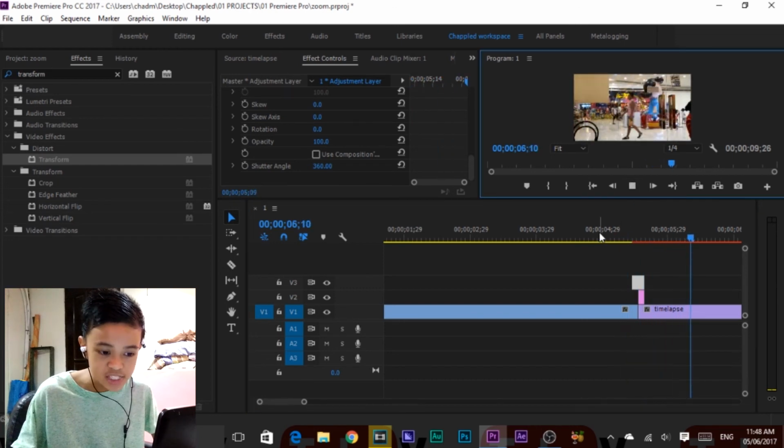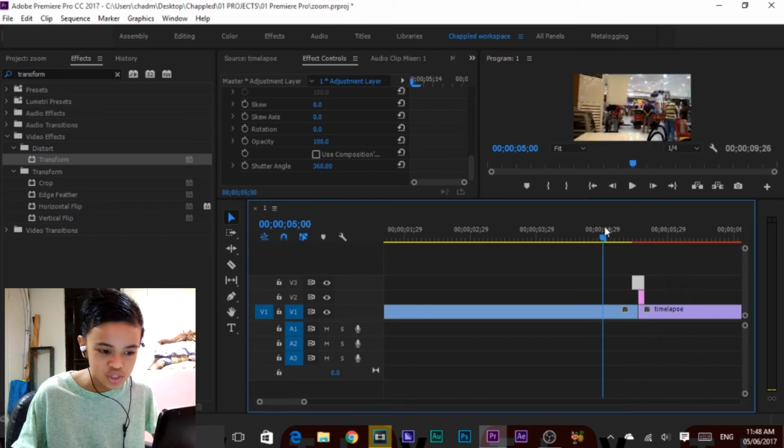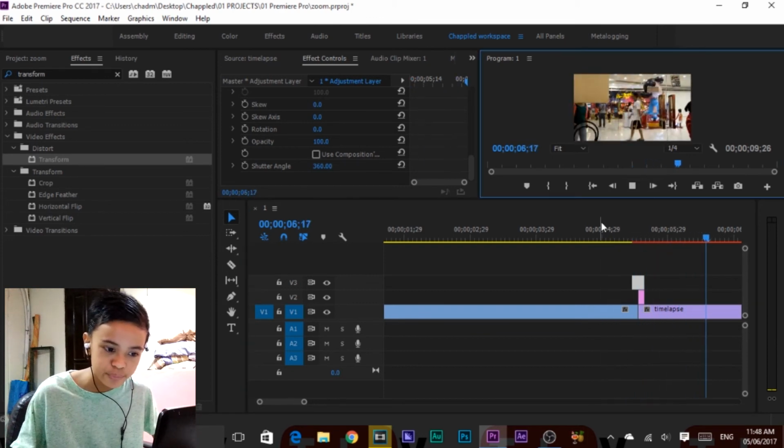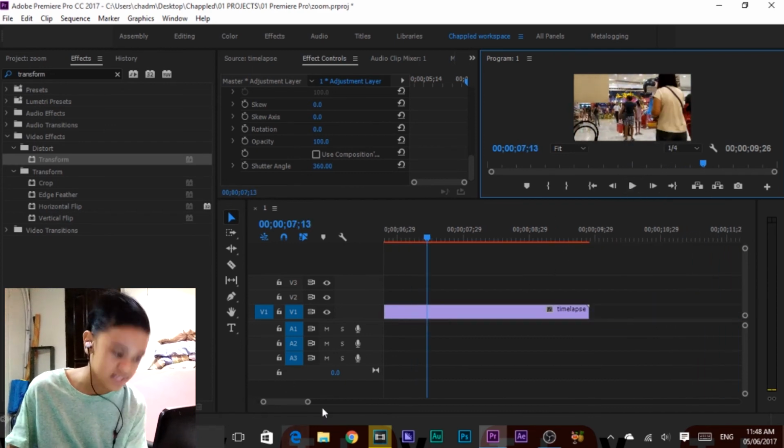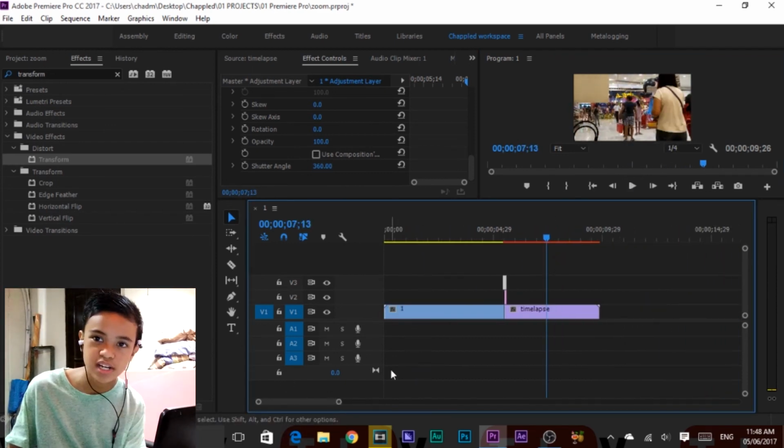It will give you this blur, as you can see. So yeah, that is pretty much it. That is the zoom effect, pretty nice. You can do this however you want, add music in it, and